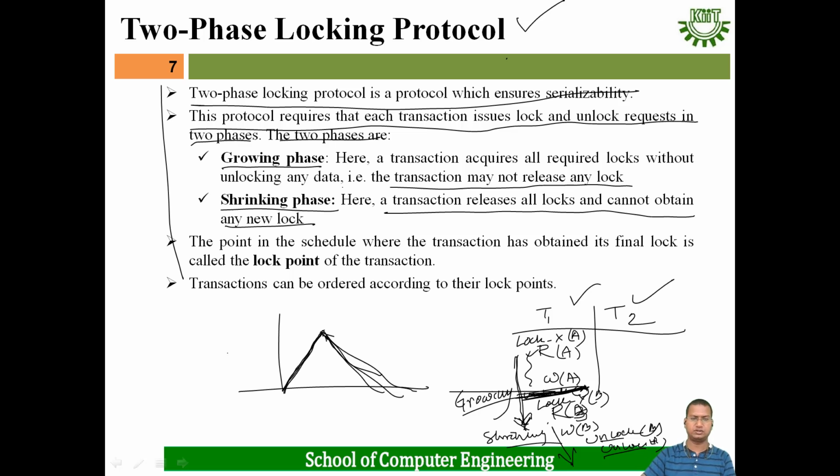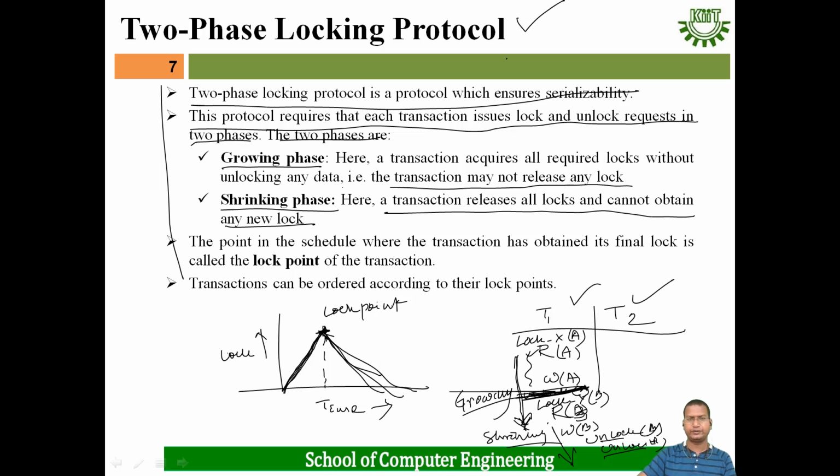That means, suppose this is the time and this is the lock when it will apply lock and unlocking. Okay, suppose the transaction T1 has applied lock till this place. This is the final lock. This is known as the lock point. What is the lock point of a transaction? It is the point at which the transaction puts its final lock. Okay, that means a transaction has obtained its final lock.